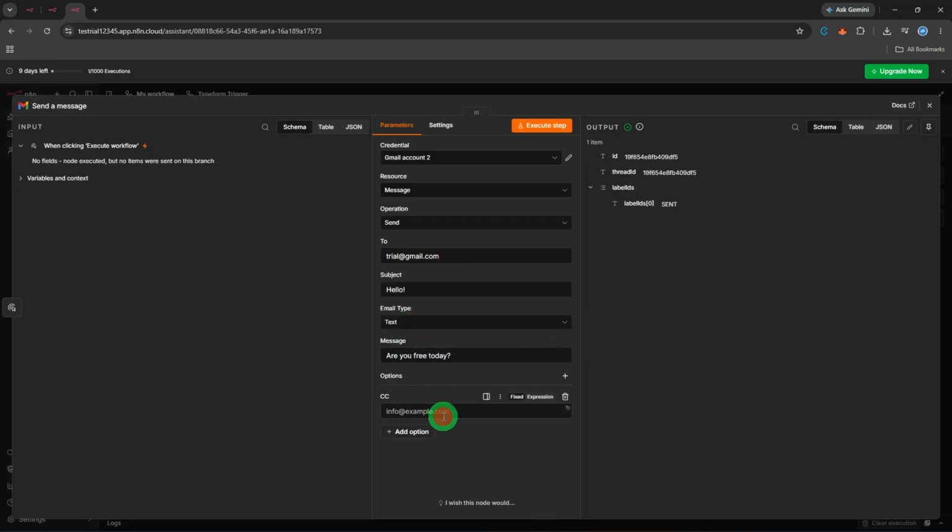You can include customer names, order numbers, appointment dates, or any other data your workflow has collected. This is where the real power of automation lives. n8n dynamically builds each email from your workflow data, so every message is personalized without you having to type it